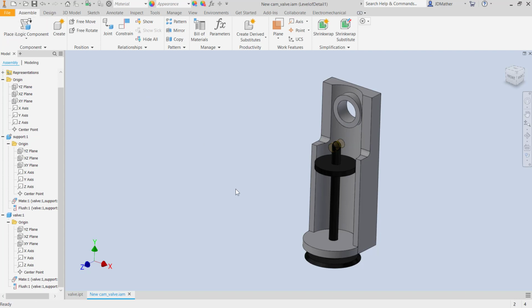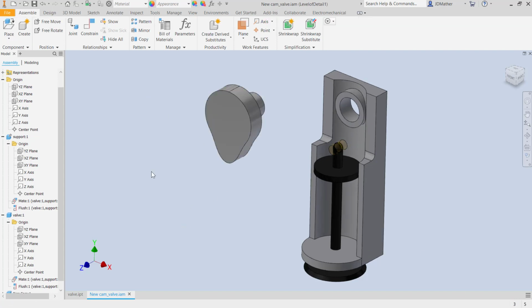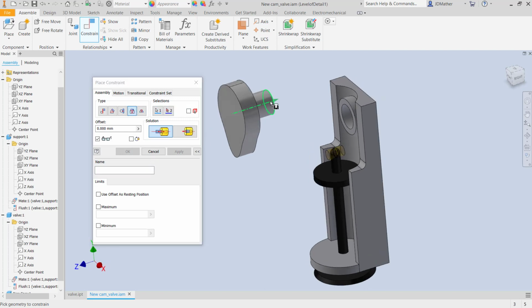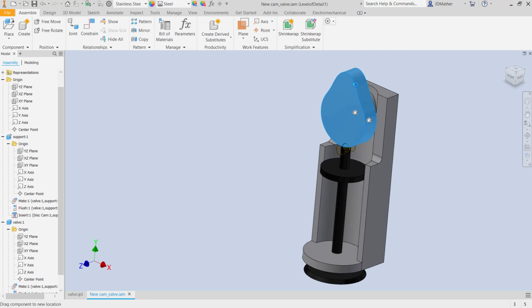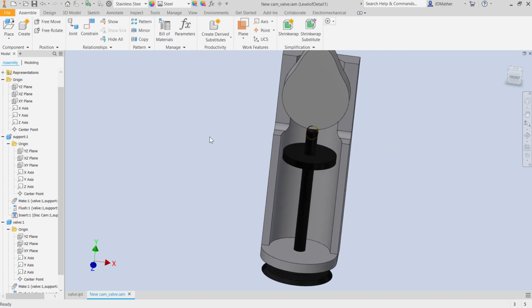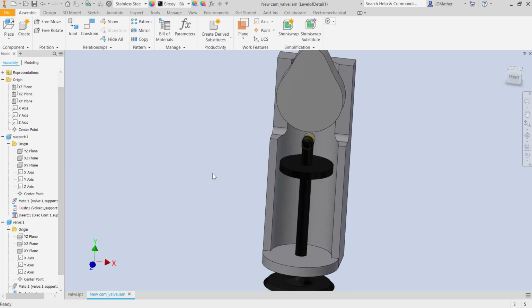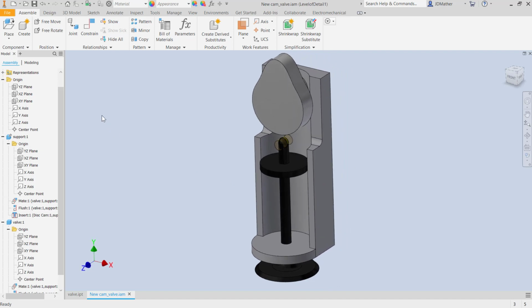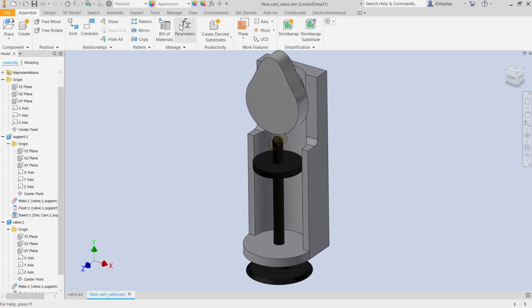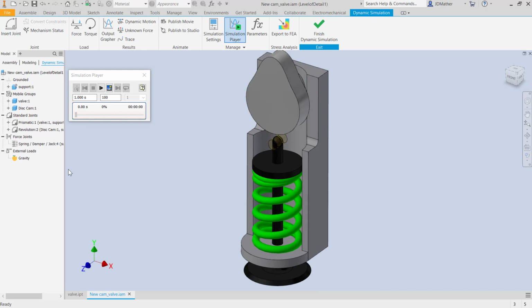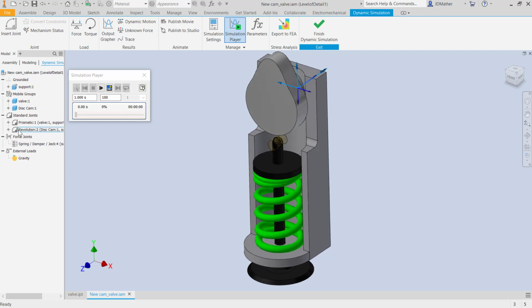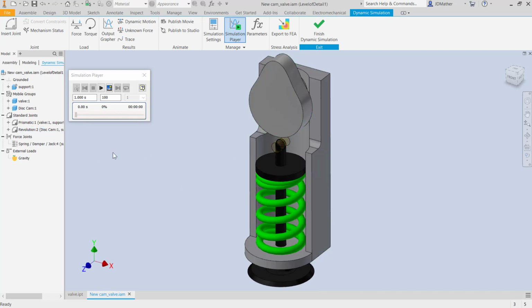Now I had you create this in place, and I will insert the new cam into the assembly, and I'll drag it up around here. I'll drag this down a little bit, and then I'll go back to dynamic simulation. I have my prismatic on the valve. I have a new revolution joint on this new cam, and I want to set that where this was straight